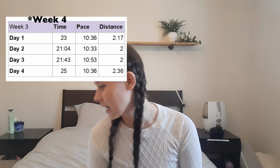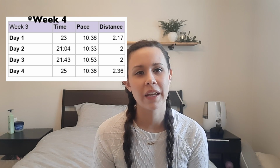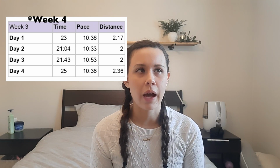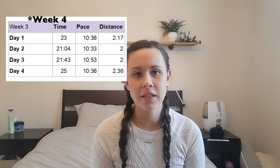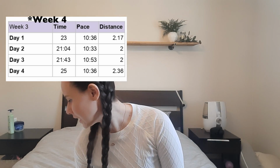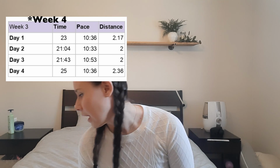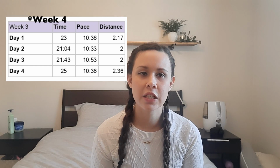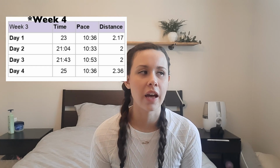And as you can see, I increased it a lot as well in this week, so I felt comfortable. Again, for this week I mostly had a distance goal, so I really wanted to maintain 2 miles or more for each of my runs. So that's what I did, and let me just look at my sheet. So it ranged from 21 minutes to 25 minutes,